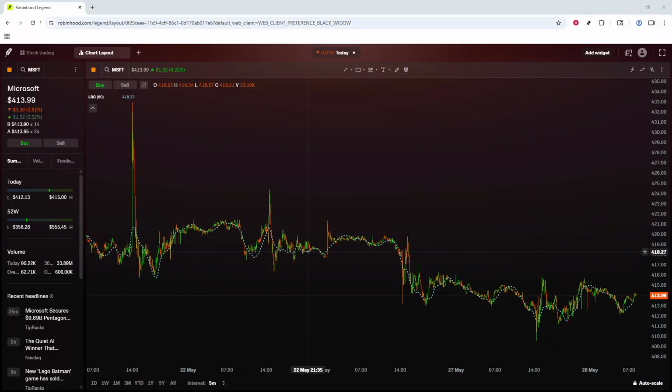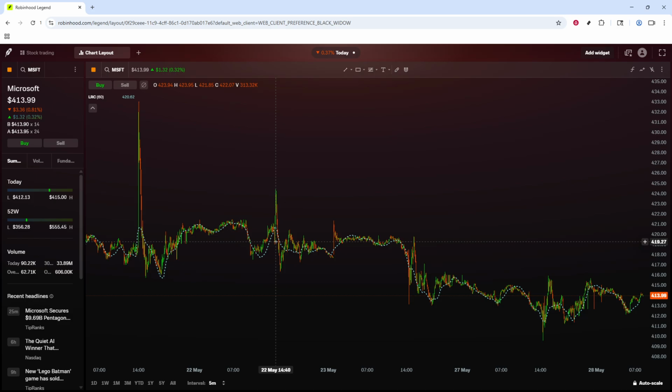In today's video, I will walk you through how to add Market Facilitation Index in Robinhood Legend. First, go to Robinhood Legend. Once you are on the platform, move your attention to the upper right-hand corner of the screen where the main